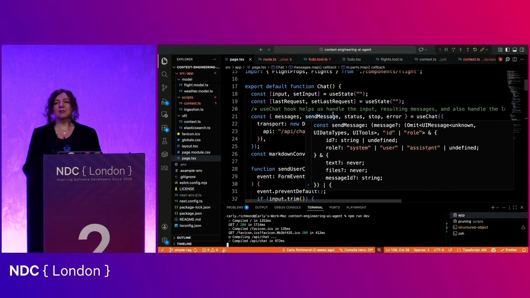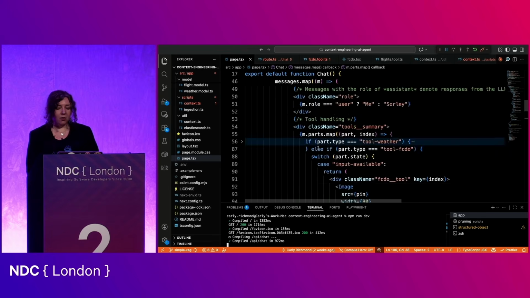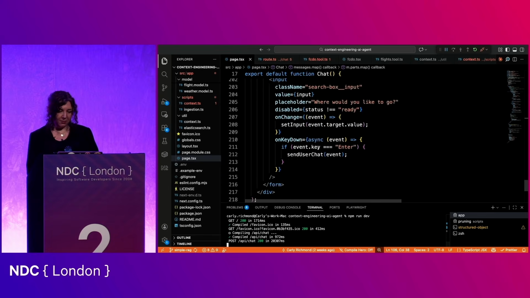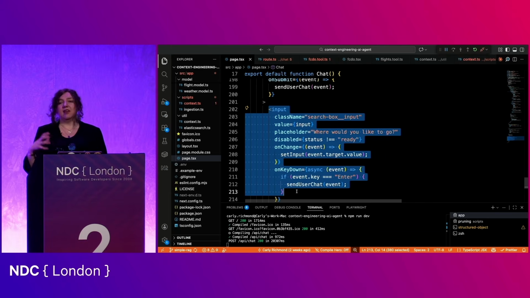Right, okay. So how is that input getting back to the LLM is what you're going to be asking. Well, I'm using AI SDK. There's numerous different frameworks out there, but the principles are very much the same. What we're going to have is, as we scroll all the way down to the bottom, this is a big page, you'll see we've got an input element. And this is our search box that we're going to get the prompt from. There's no complex magic in this particular web tool here.